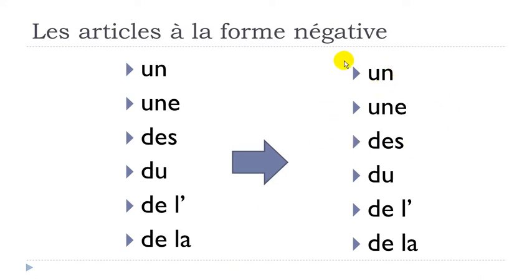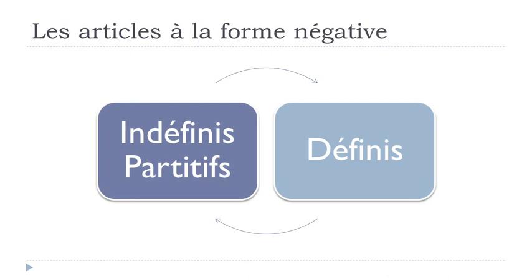So that's the main rule that you've got to keep in mind with these articles, indéfini or then with the partitive. If you use them in normal structures, then they will change and they will become de or d' as we saw previously. But if you use these articles or then the partitive with c'est, in that case, they don't change when you put them at the negative form.